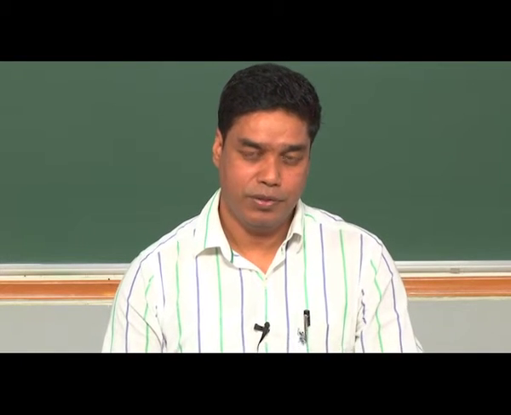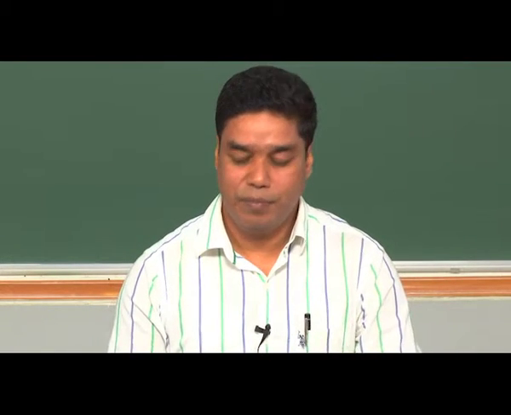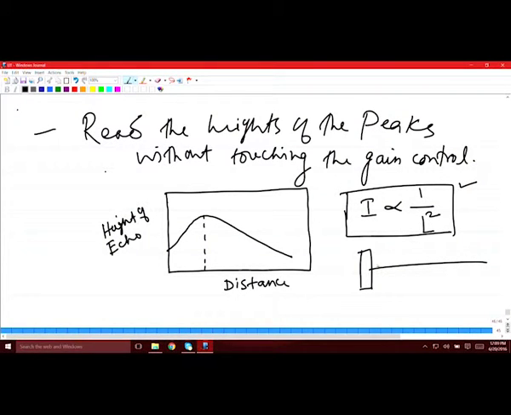So, let me explain to you. So, if you remember in the ultrasonic beam we have seen this, the shape of the beam is something like this, and then close to the probe we have seen that there are a lot of fluctuations, and this particular region is known as near field and the other one is far field. Okay. So, in the near field there are a lot of fluctuations.